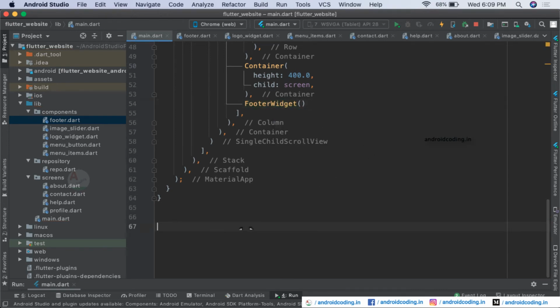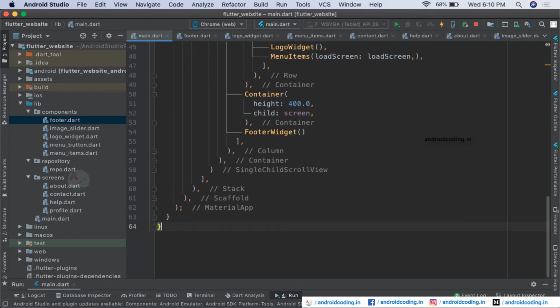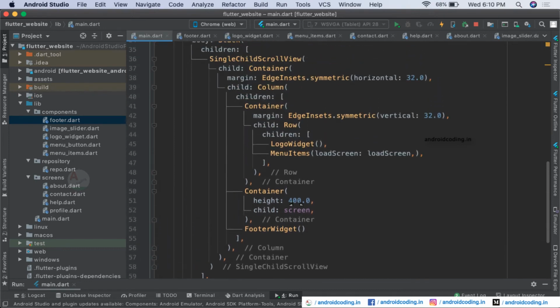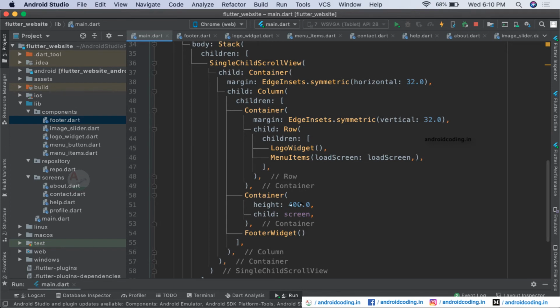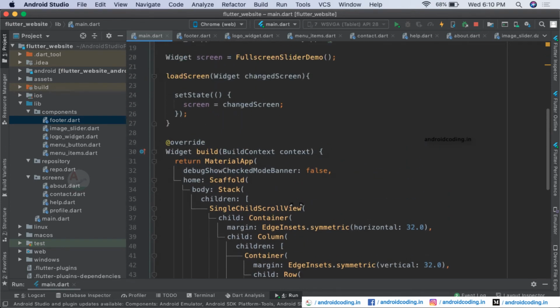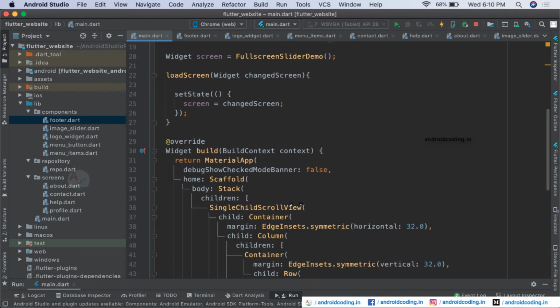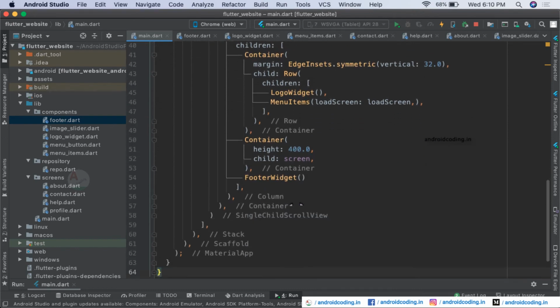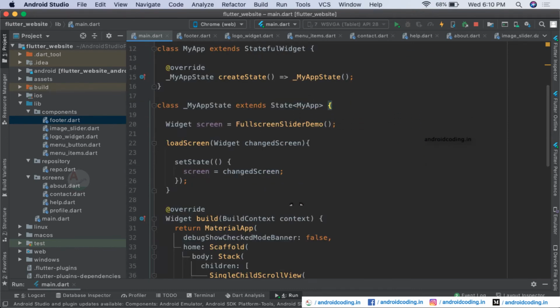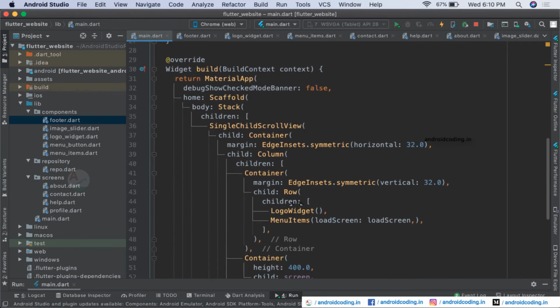Now we have got 64 lines of code, and it's not just the lines of code, but you can see how easily you can read this particular code now. Isn't it so simple? It's a better practice. By refactoring the code you can make it much simpler and easier. Even if you come back to this code after a week or after a month, it will be easier for you to go line by line.